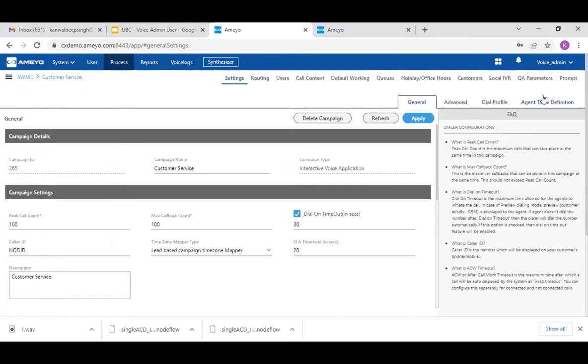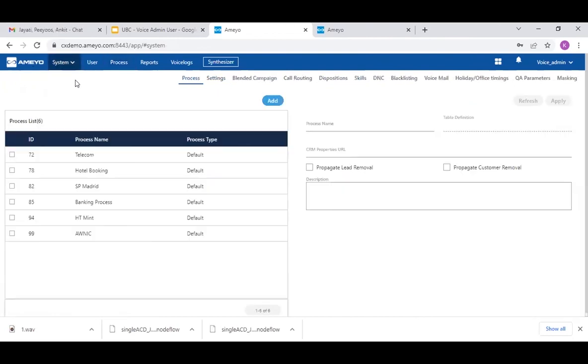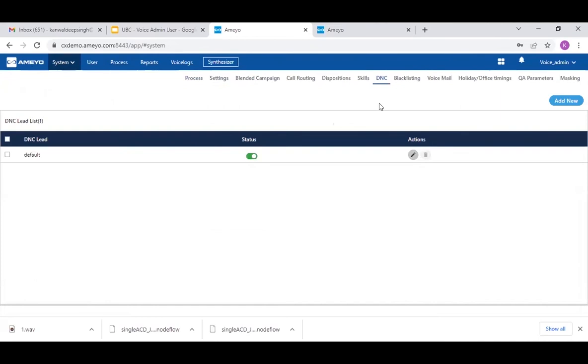So the next feature is Do Not Call numbers, or DNC numbers. Again, over here in the system level, we can see a DNC list. So there can be various use cases for the DNC as well. For example, let's suppose your agents have dialed a customer, and as a customer I receive a call, it could be for telesales or around some information, but the customer is not interested in